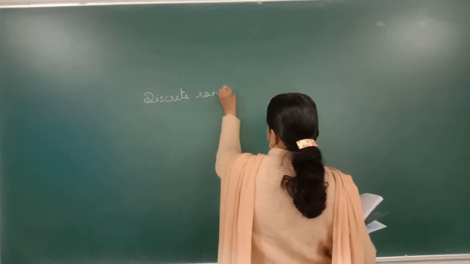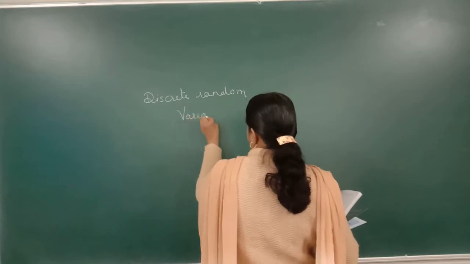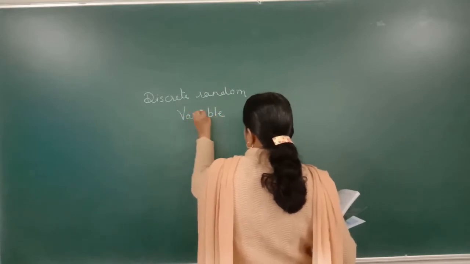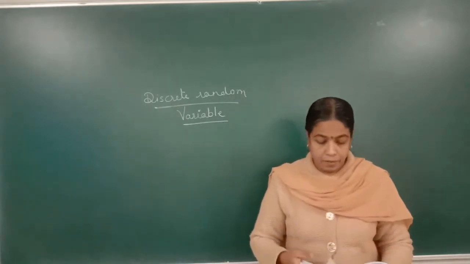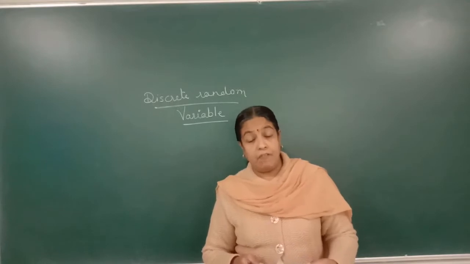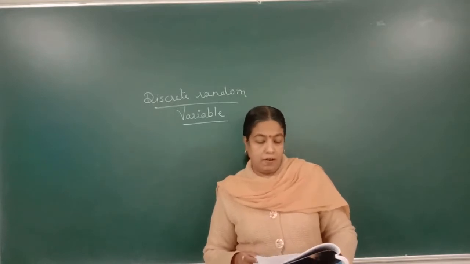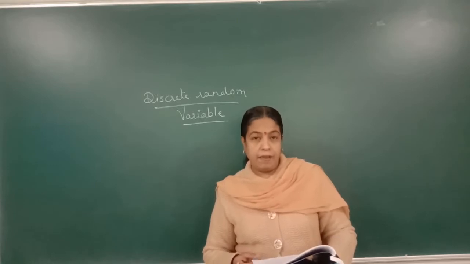Discrete random variable. Now, first we will see what this is. A random variable is a discrete random variable when its possible values form a countable set, which may be finite